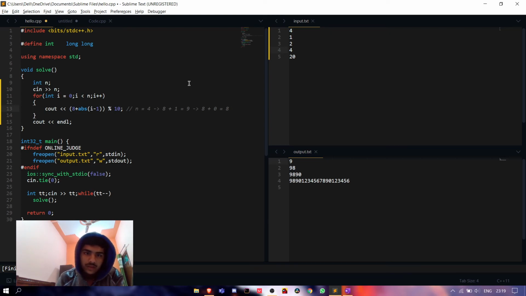Like this it will keep printing 9890123456789 and so on. I think this will be the smallest code for this problem you have ever seen, because it is just one for loop and one line inside the for loop.